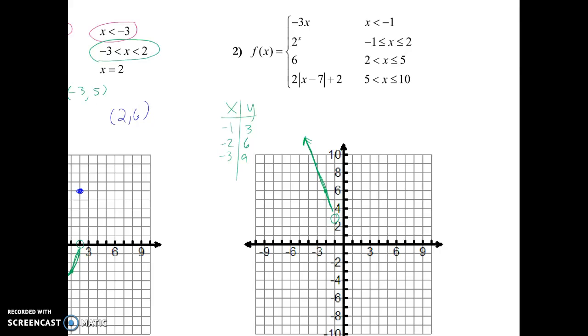All right, now my next one is 2 to the x. So if I were to do a t-chart there, and plug in -1, 0, 1, and 2,